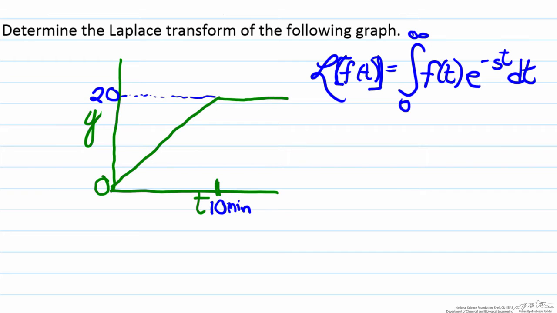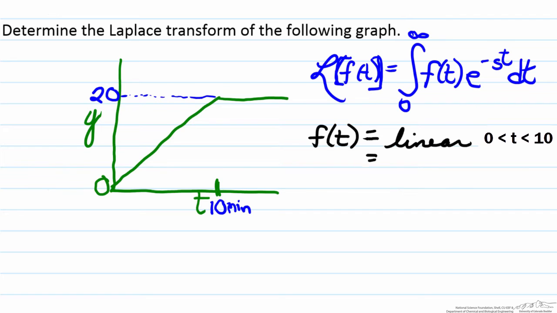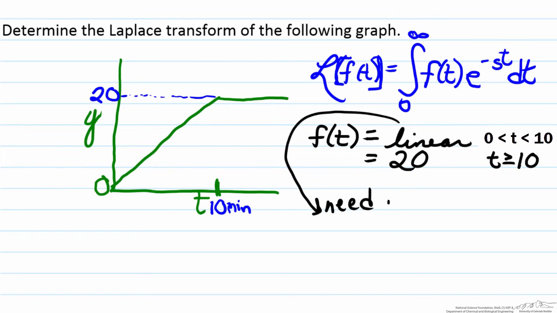So what we need to do here in order to find the Laplace transform is put the graph that we have on the left into functional form. It's a piecewise function where f of t, which would be y in this case, would equal some linear function from 0 to 10. And then the function is equal to 20 for all times greater than or equal to 10. So in order to find what this linear function is, we need to find the slope m and